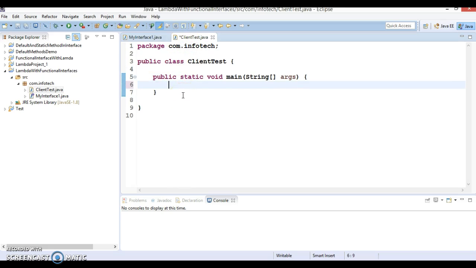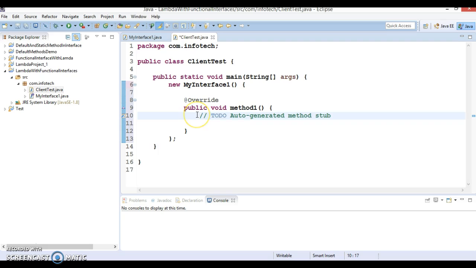So in the traditional approach, how do you write an anonymous class for this interface? We can write like this: new MyInterface1. Eclipse gives you the option to select an anonymous class for this interface.